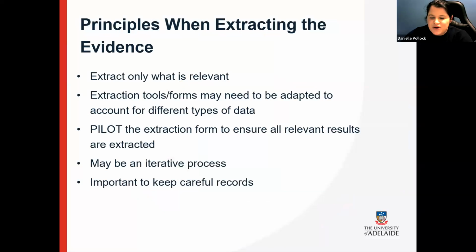So I suppose we go to this, how do we do it? How do we extract in scoping reviews? And these are some principles that help guide us. So for me, I only want to extract what is relevant. In scoping reviews, we extract a lot of high-level data, but sometimes a little bit more detailed information as well, or more detailed than you would in a mapping or an evidence and gap map. So only extract what is relevant.